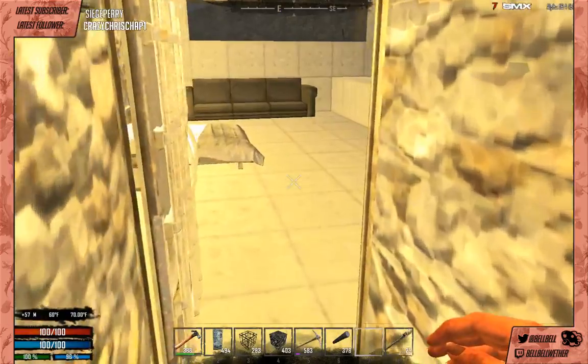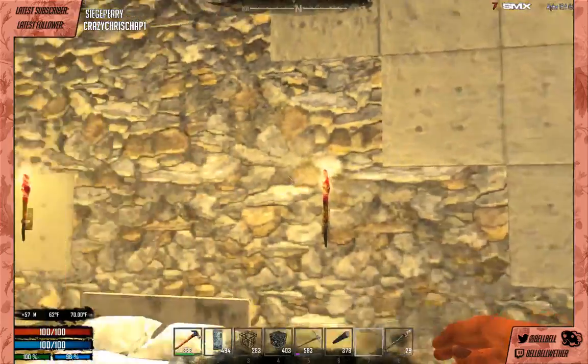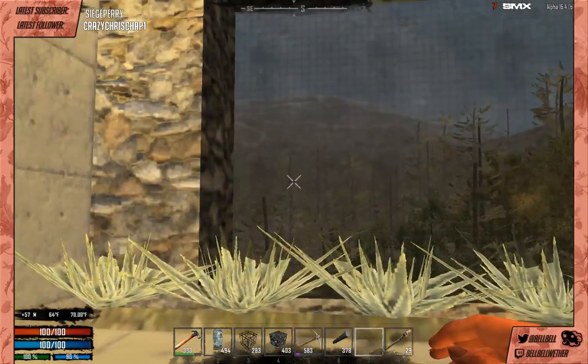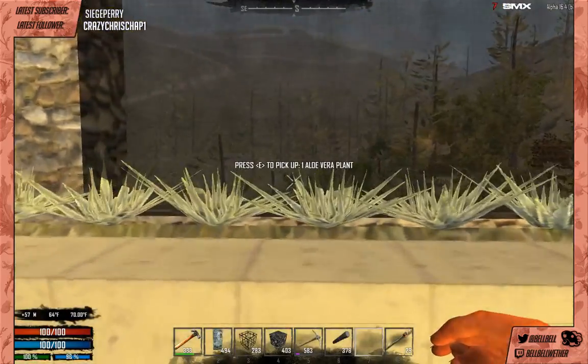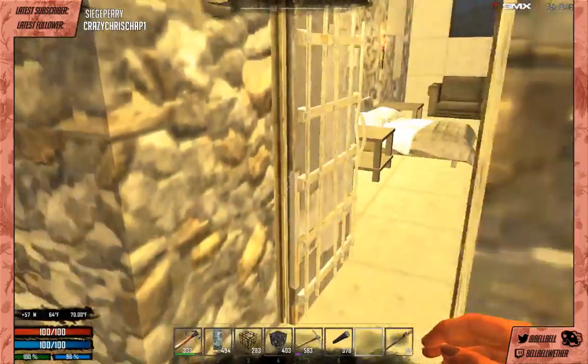But here is one of the guest bedrooms. It's going to have a lot of places to sit and talk, and then of course a bed, and then we have a bunch of aloe vera and a nice view of the forest and the mountains from here. I added in a bunch of trees to make it a little more scenic. And then the next room